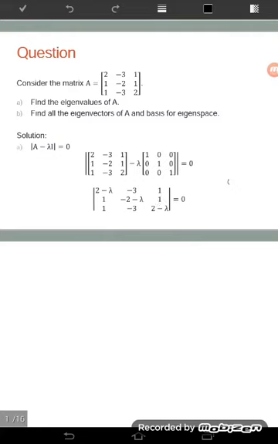Okay, so to find the determinant, it is up to you to use which row, which column. For me, I choose to use column 1. Saya tak nak pakai row yang pertama sebab kat sini ada negatif 3, saya nak elakkan negatif. Kat sini pun ada negatif, so sini pun boleh pakai lah. So ni 2 minus lambda, and here positive, positive. So tu terpulang pada korang nak pakai yang mana. So I want to use column number 1.